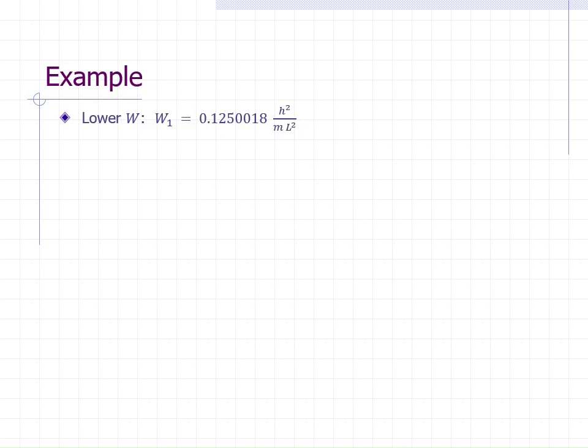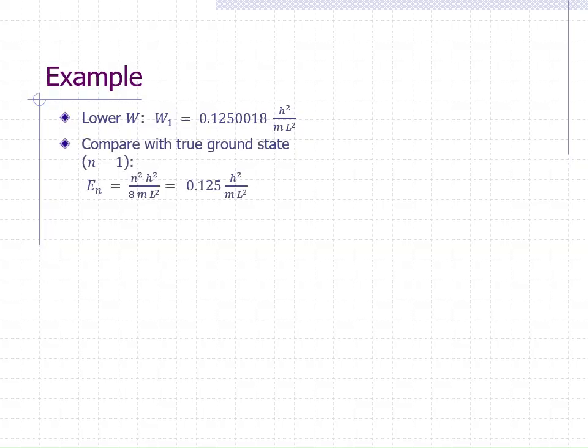We now compare this result with the true ground state energy for a particle in a box, where n equals 1. The exact energy, E sub n, is n squared h squared over 8 m L squared, which for n equals 1 gives exactly 0.125 times h squared over m L squared. Comparing these two values, we see that the agreement is extremely good. The percent error is only